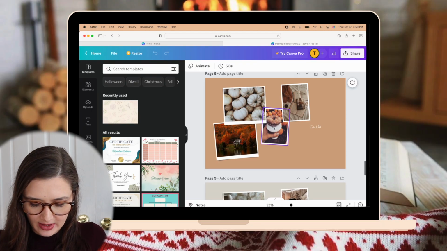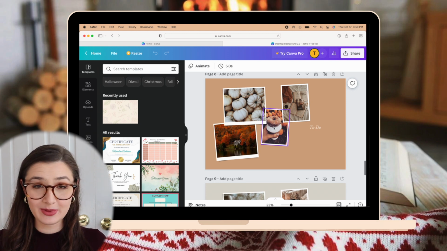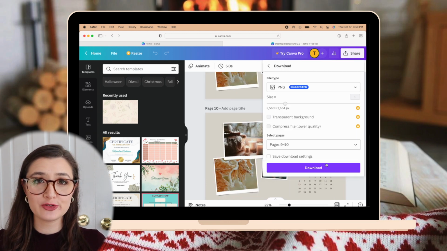So first things first, we're gonna start with my MacBook desktop customization. I do this every month just to change out the theme and the calendar on my desktops. I've already done this in Canva. I just need to download it. I just duplicate the page and then change all the photos with photos from Pinterest.